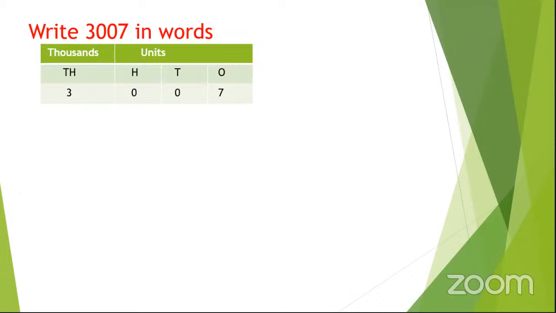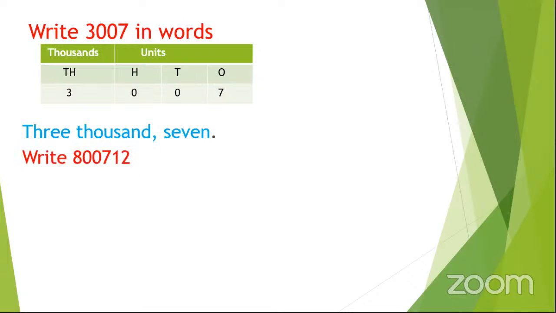So you move to the next group, we have the units. So what do we do with the units? Under hundreds, we have a 0. Under tens, we have a 0, but we have 7. So you just come and write 7 without any other word. So you say it will be 3,000. So it will be 3,007. That's how it will be. And I hope every one of us will be in position to write big numbers.